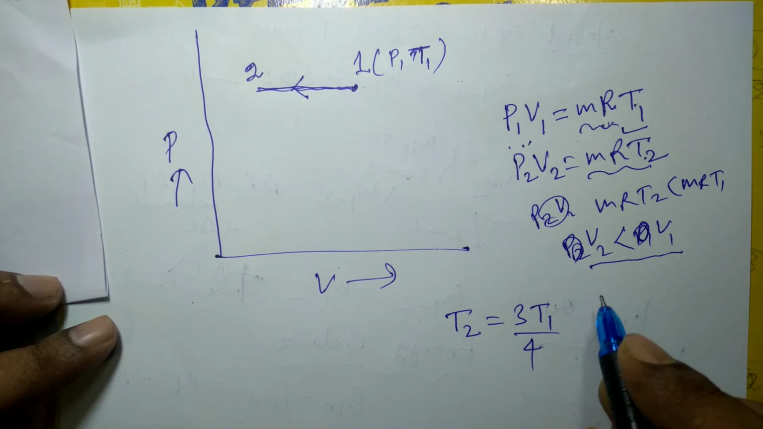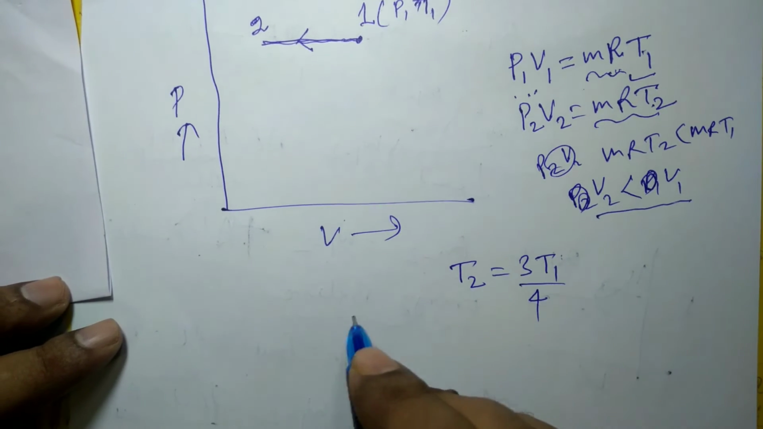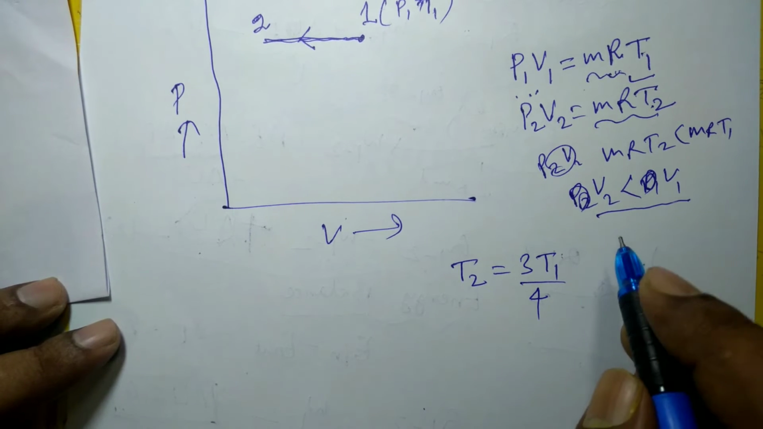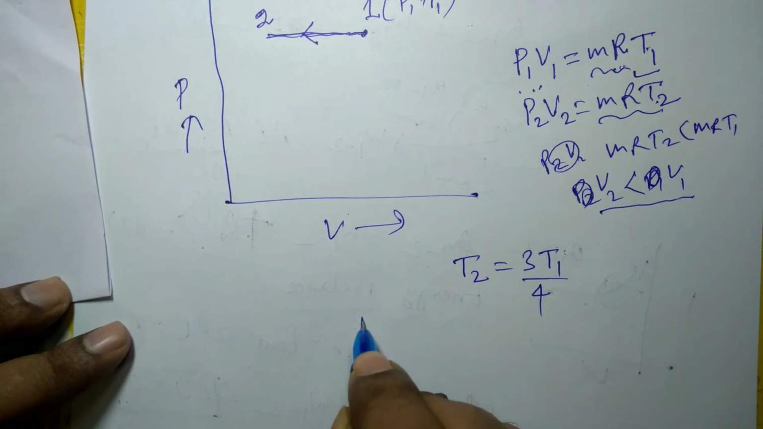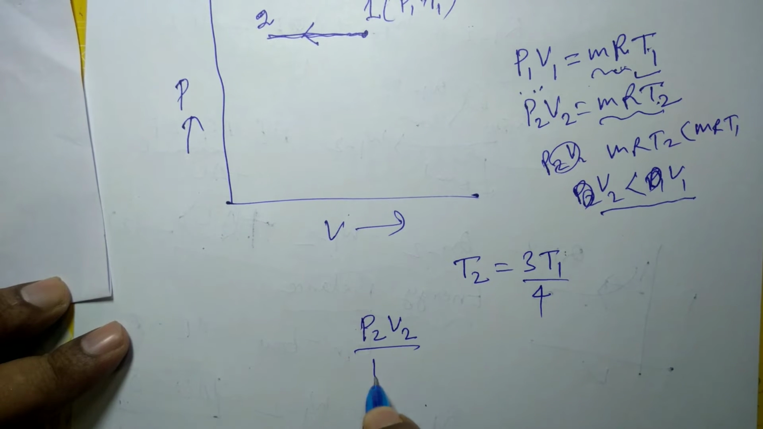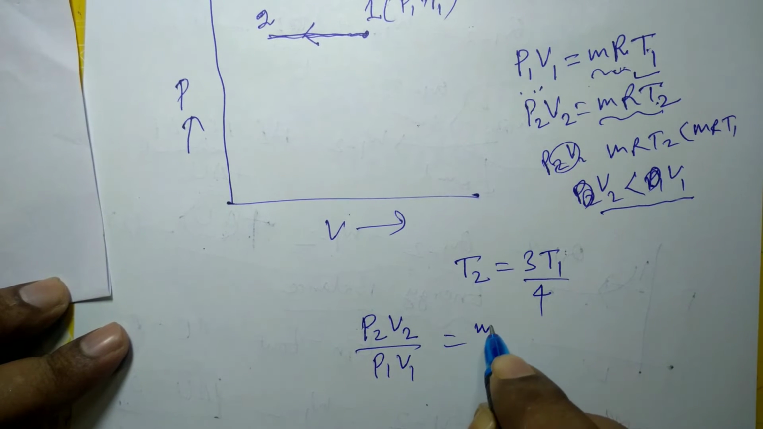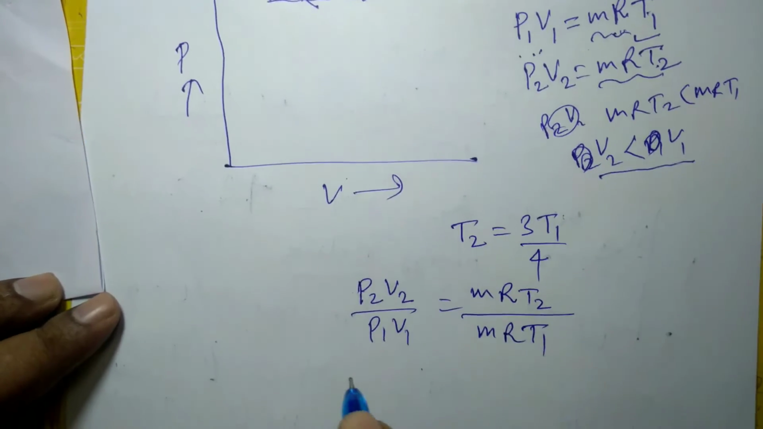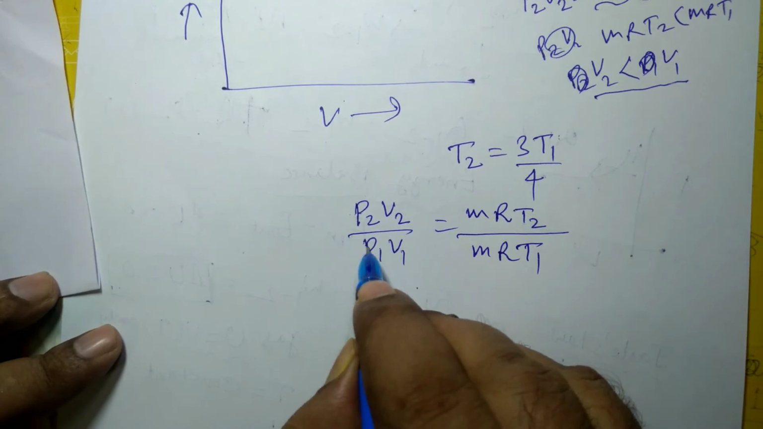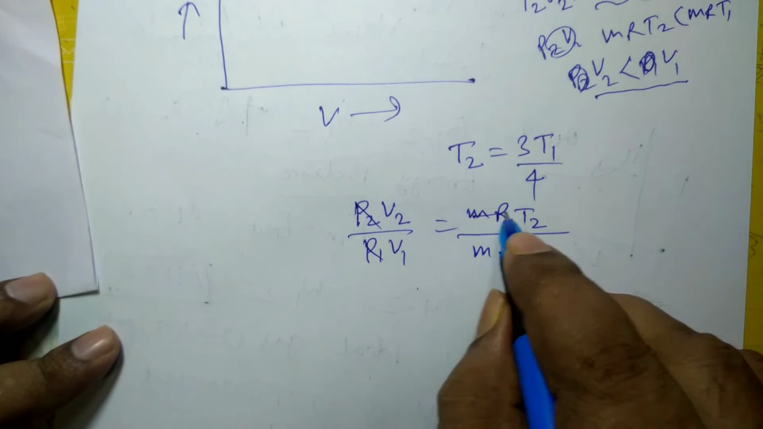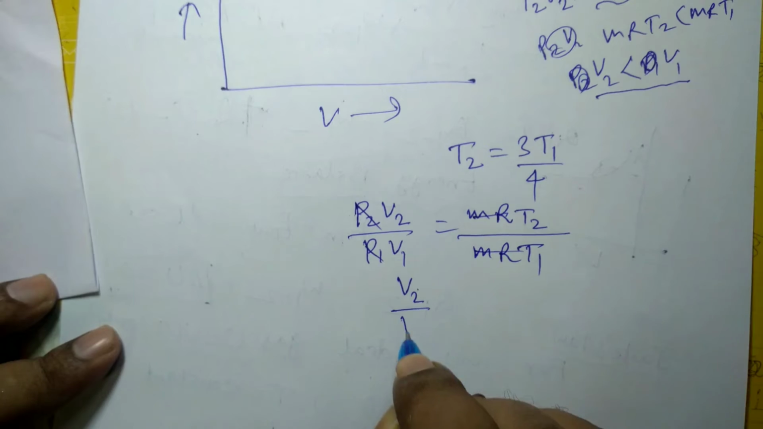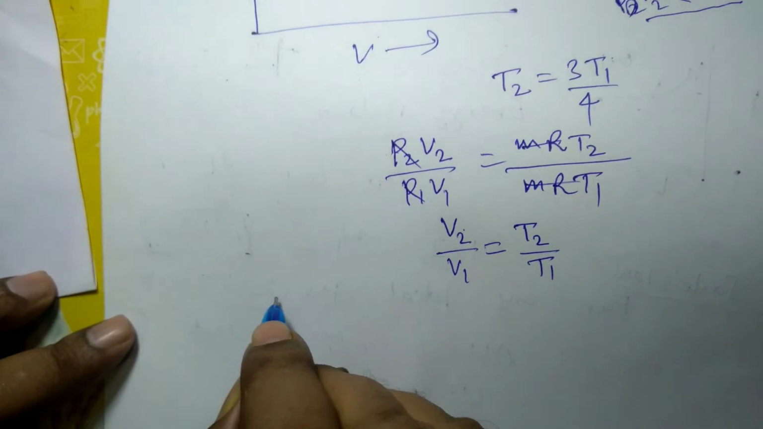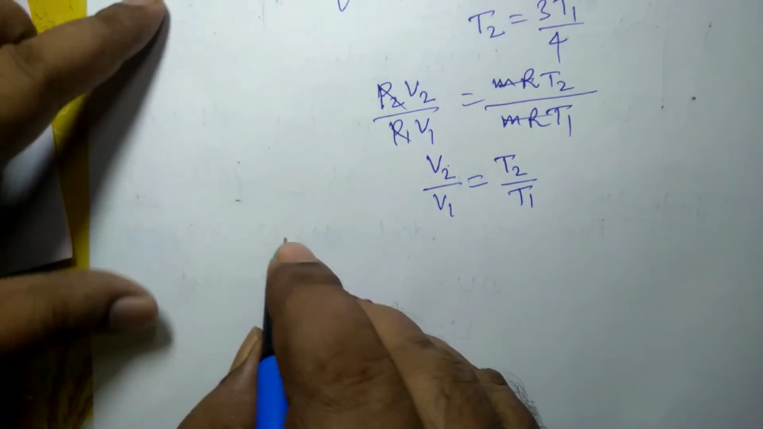लेकिन हम V2 बाई V1 भी निकाल सकते हैं, आइडियल गैस इक्वेशन से भी निकाल सकते हैं और चार्ल्स लॉ से भी निकाल सकते हैं। आइडियल गैस इक्वेशन से P2 V2 बाई P1 V1 इज इक्वल टू mRT2 डिवाइडेड बाई mRT1, क्योंकि ये कांस्टेंट प्रेशर प्रोसेस है, P1 इज इक्वल टू P2। यहाँ से हमको आ गया V2 बाई V1 इज इक्वल टू T2 बाई T1. And according to Charles law